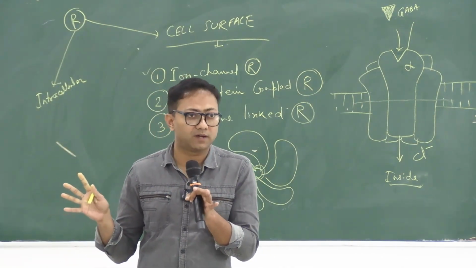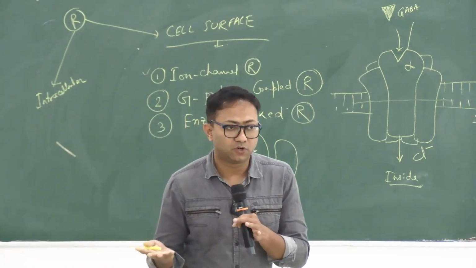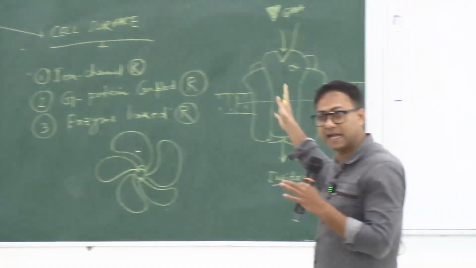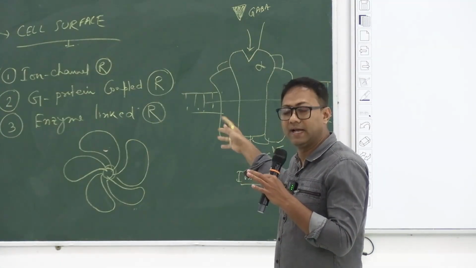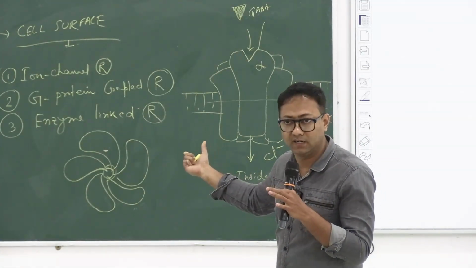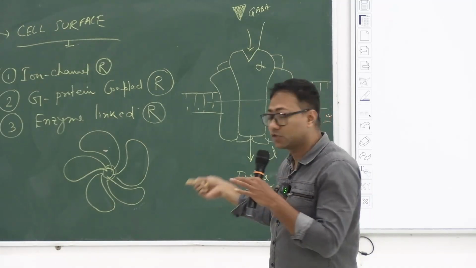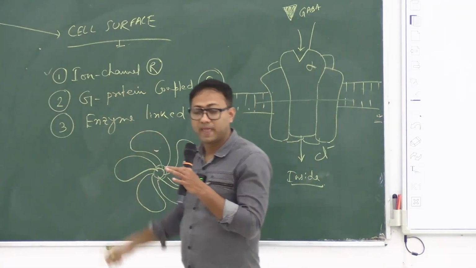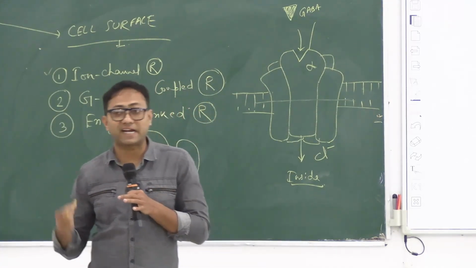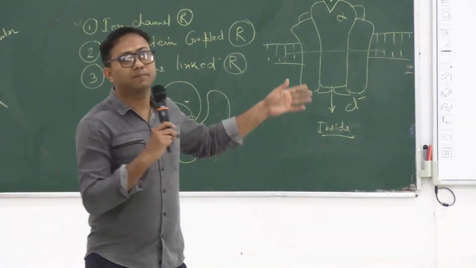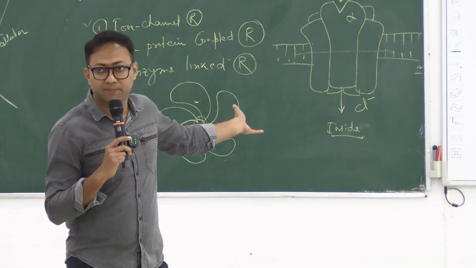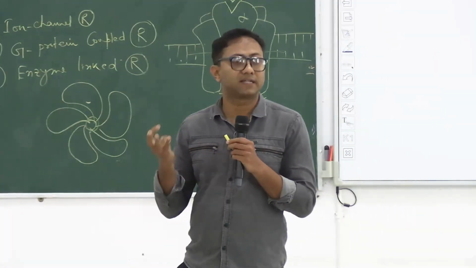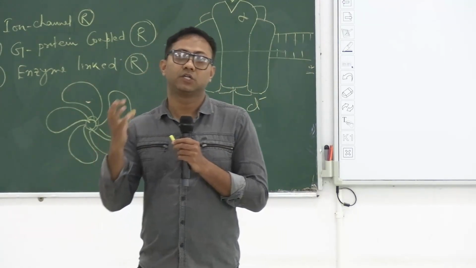This is how it acts, okay. So you see, it is the same protein which is acting as a receptor, the GABA receptor, and it is also an ion channel for chloride ion, right. So this is why we are calling it an ion channel receptor. And what are the hormones that act through ion channel receptors? One example is definitely GABA, because I have given this example. What are the others? GABA, glycine, histamine, glutamate.